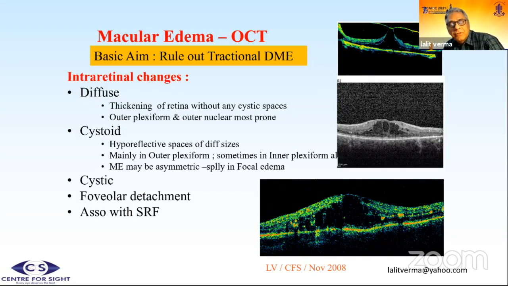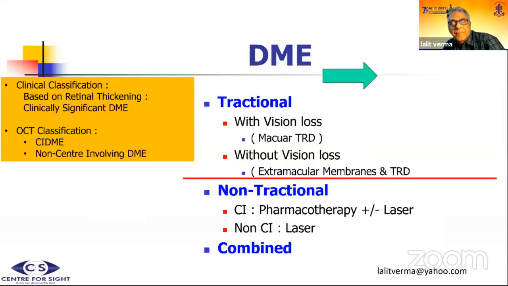Although initially we used to distinguish between various types of edema, that today has not much relevance as compared with biomarkers or the traction. So based on all the available information, although we used to classify based on clinically significant DME, and this was the standard definition, what is the definition of CSME, and the OCT classification which is available as center involving or non-center involving, I would also like to add to this that we should also mention whether this is a tractional or non-tractional kind of edema. That from a practical point of view makes a lot of sense.